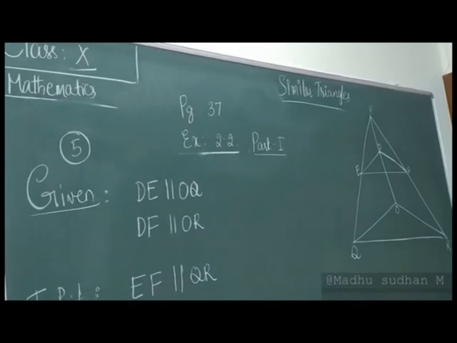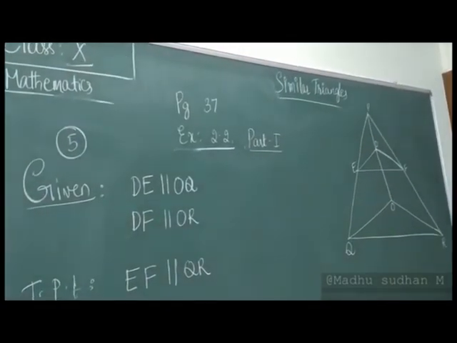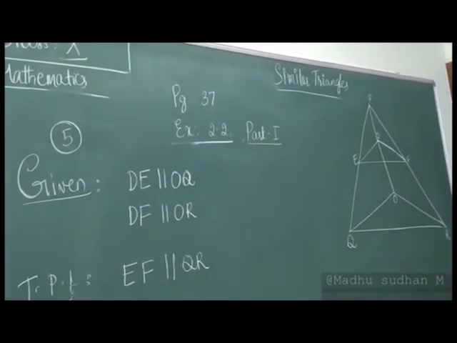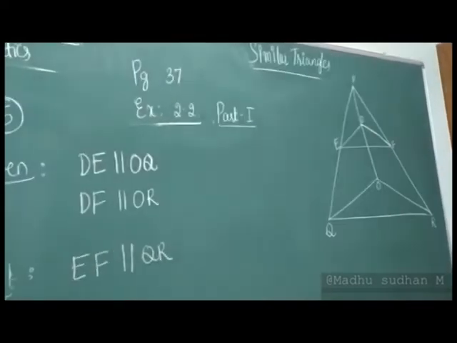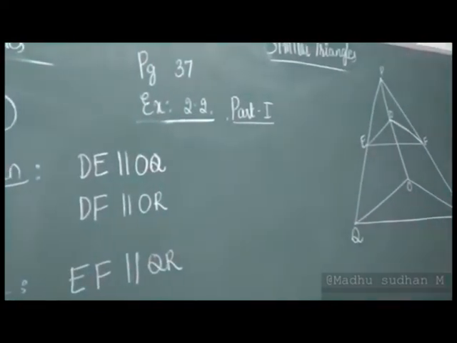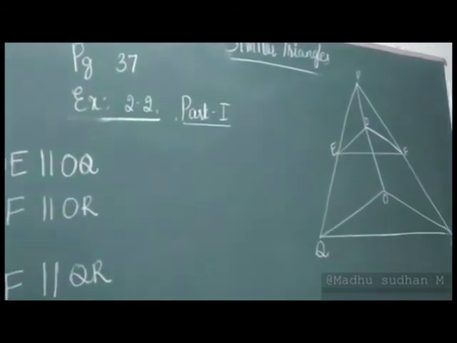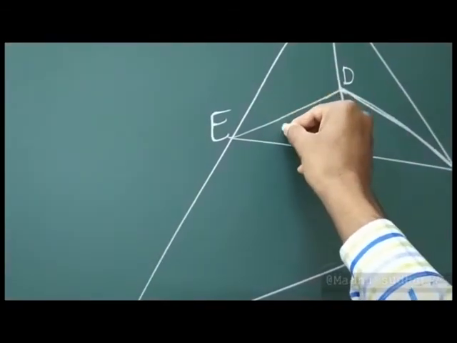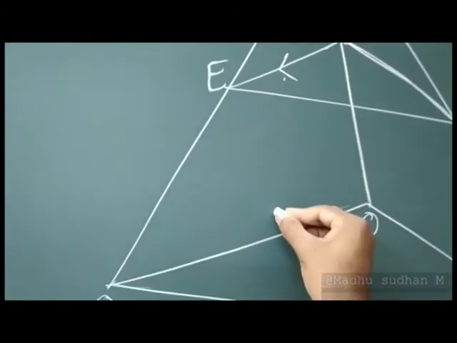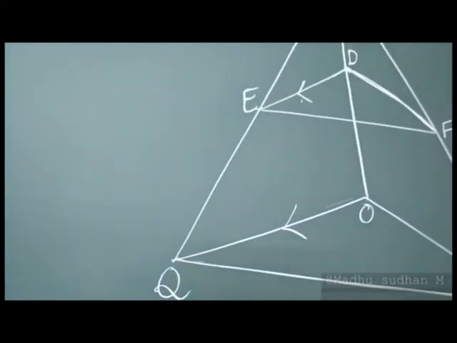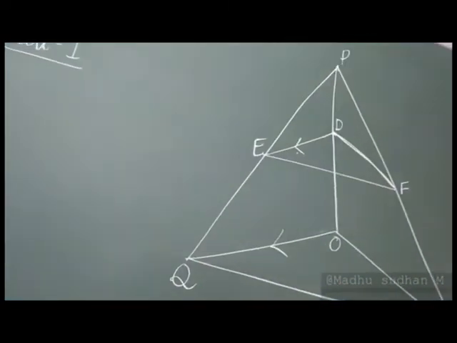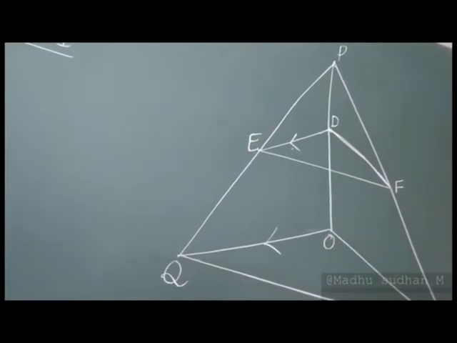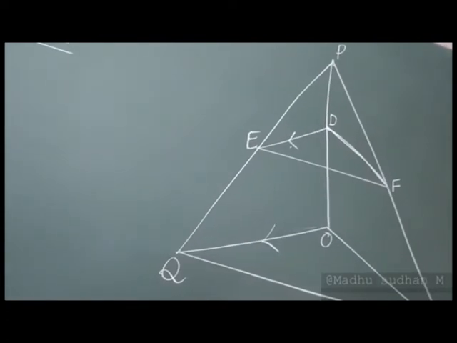So moving to the next question, page number 37, exercise 2.2, similar triangles for 10th standard. In the given data, and we have the diagram there, DE is parallel to OQ, right? DE is parallel to OQ. So let me be along with you now. In this diagram, we have this DE, and DE is parallel to OQ. Once we find any line parallel to the other side of the triangle, can we not write BPT now? DE parallel to OQ. So is it not EP by EQ, children?